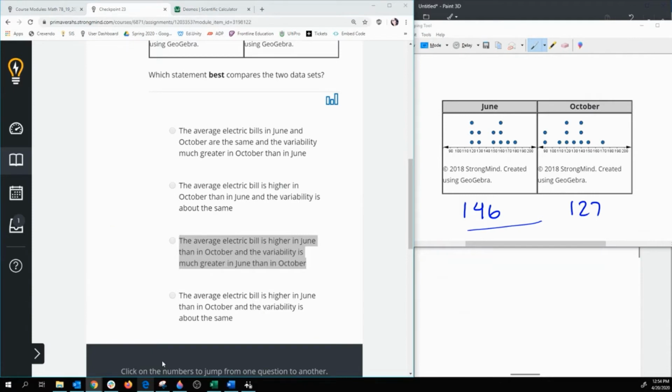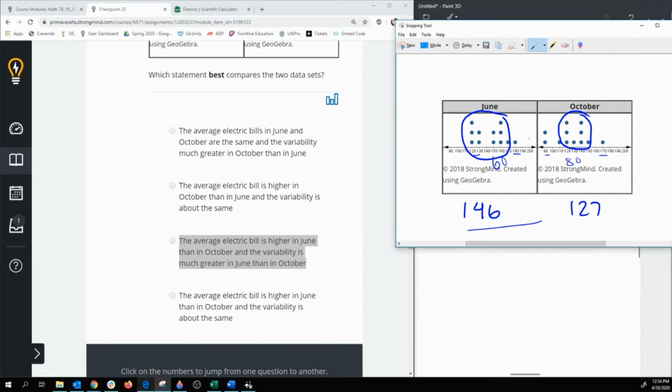Oops, sorry. I was double checking this. So this one goes from 120 to 180, and this one goes from 90 to 170. If I were to subtract those to get my range, this would be 60. And 170 minus 90 would give me, what is that, around 80. And if you look at the dispersion of these numbers, the majority of the numbers are going to be between 120 and 160,